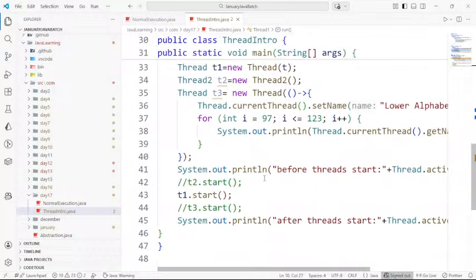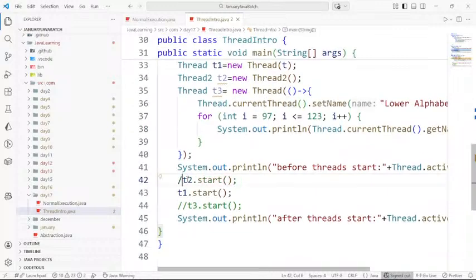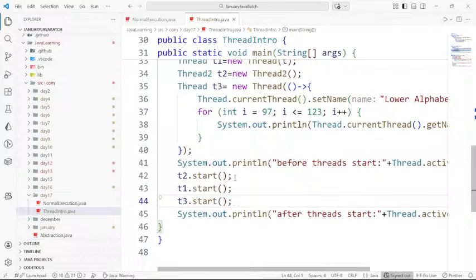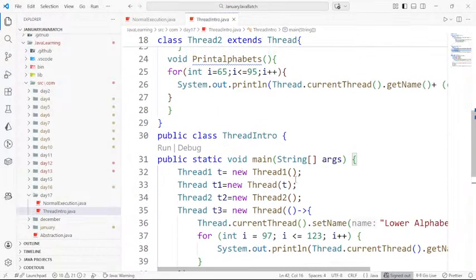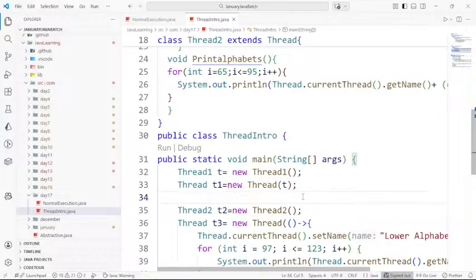I can uncomment these threads now, but first I have to execute T2. You can do one thing. Concurrently, we can check the state of our thread and also do the join. Suppose here you are creating the threads, right? Here T1 creating, T2 creating, T3. Fine. Suppose here you can print